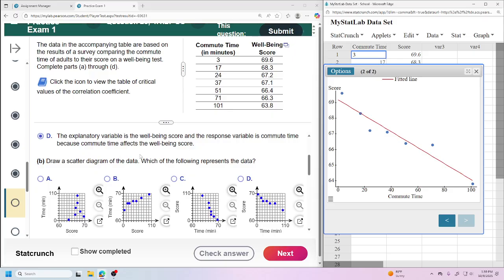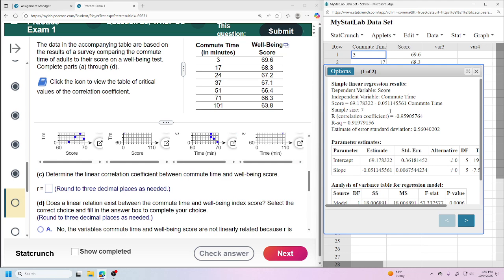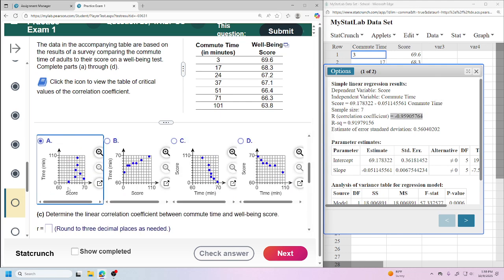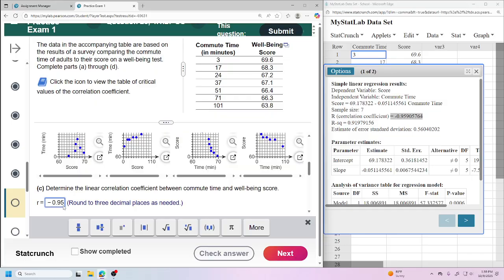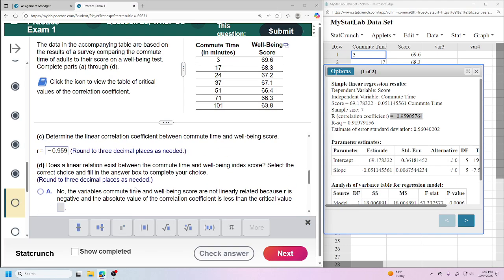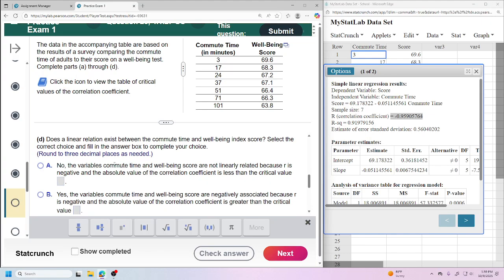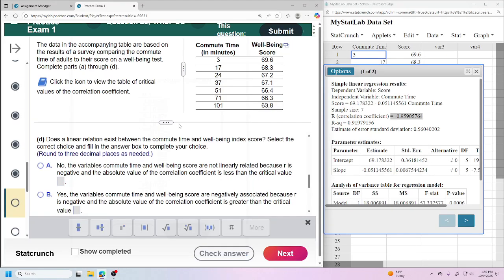Stars going down. To me, that's D. Does it look like D to you? Yeah, that looks pretty straightforward. R, right there, negative 95. Oh, I didn't click D there. Uh-oh. Okay. Negative 95.9. Yes. It says 3 decimals, though. Yeah. But let's just say you put 96. I'd add full credit, because obviously you couldn't have got it otherwise, right? So, yeah. Very good. So does it exist? You can go through the chart here, but if you made a 90 something, you're totally good.